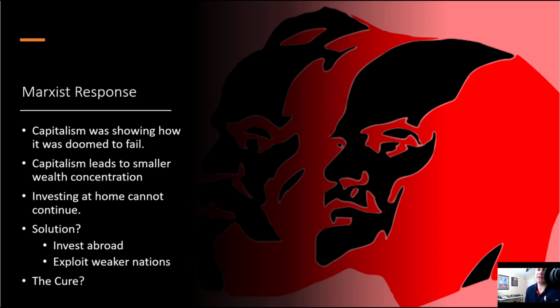So the Marxist response, your textbook references how Marx had kind of hinted to some of these things, but it wasn't until Lenin, who is going to be your first leader of the Soviet Union, he basically pops off saying that capitalism was doomed to fail, and the reason for showing that is because you had to have businesses that were concentrated inside of Europe expand to areas and exploit their resources and their workers. So the solution obviously is imperialism for them.